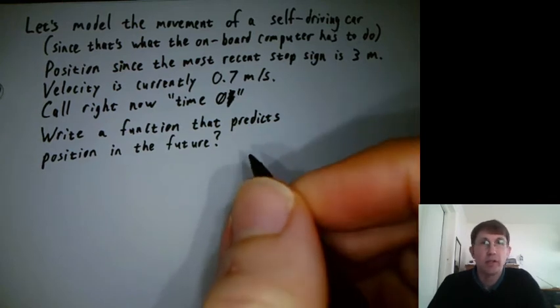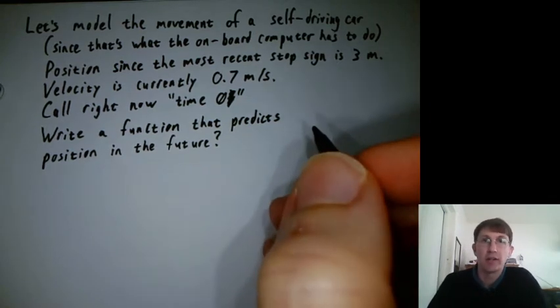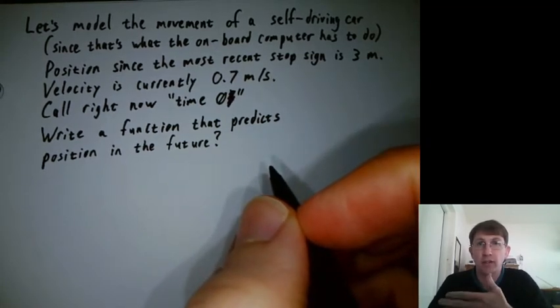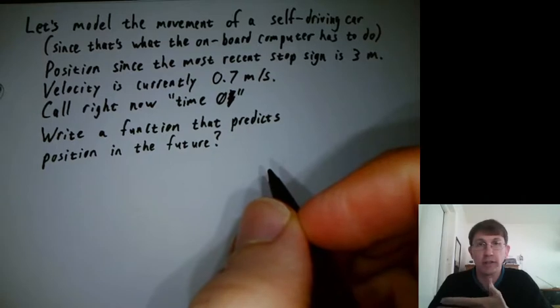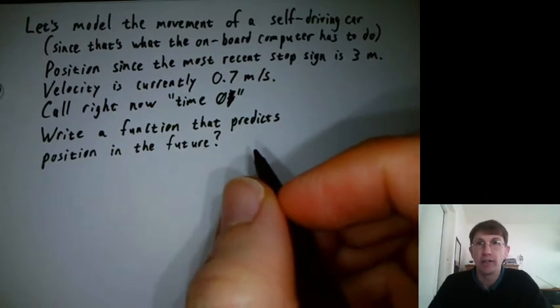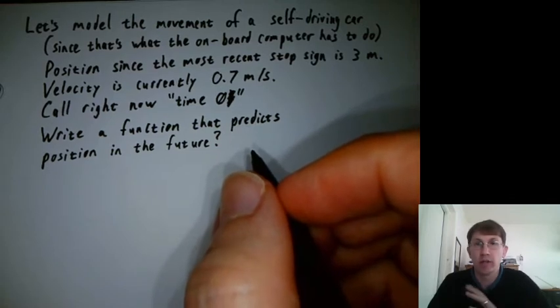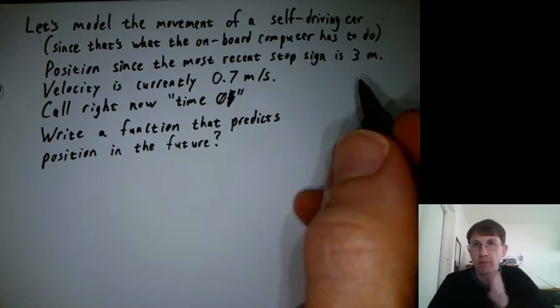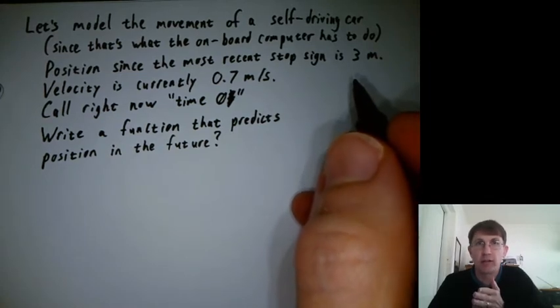Let's talk about polynomial approximations in the context of self-driving cars. They have to have some way of expressing what they think is going to happen in the next few seconds or milliseconds perhaps. So they need to have equations kind of built in to their motion computation systems. So let's say that we're 3 meters past the most recent stop sign that we were at, and our velocity